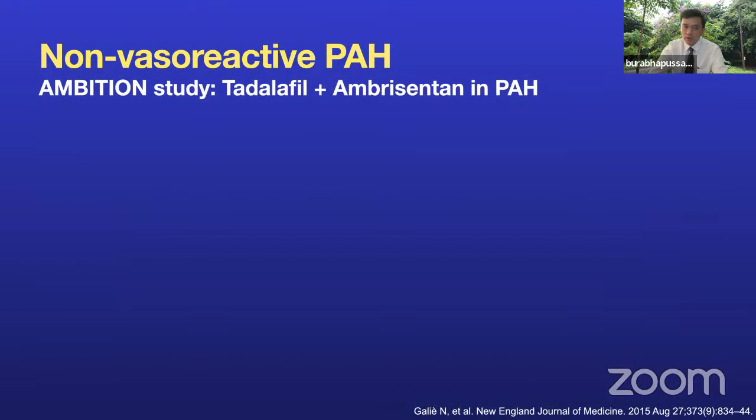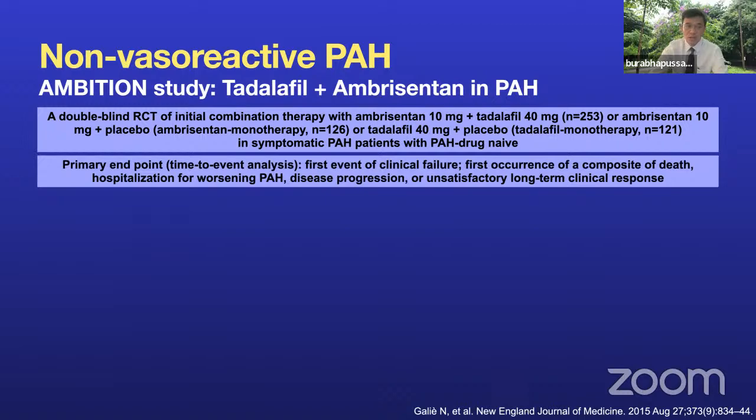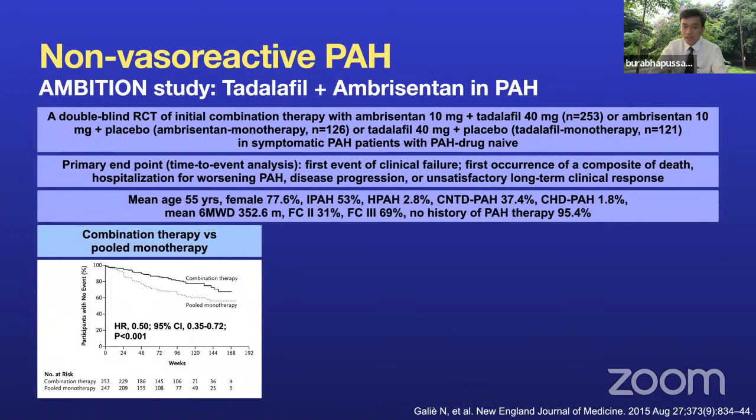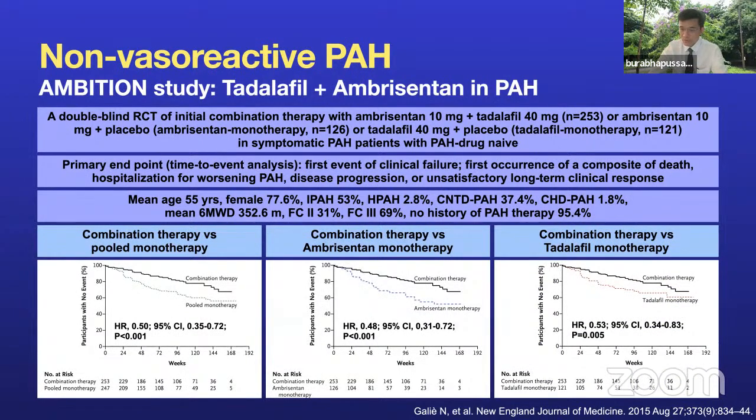And this is one of the important landmark trials, the AMBITION trial, which compares the combination therapy of ambrisentan and tadalafil with monotherapy with either ambrisentan or tadalafil in PAH-naive patients, and we measure the clinical worsening endpoint. In this trial, we can see that initial combination therapy is better than the pooled monotherapy, and better than either ambrisentan or tadalafil monotherapy. So this is a landmark trial that proves that initial combination therapy should be the first strategy for most